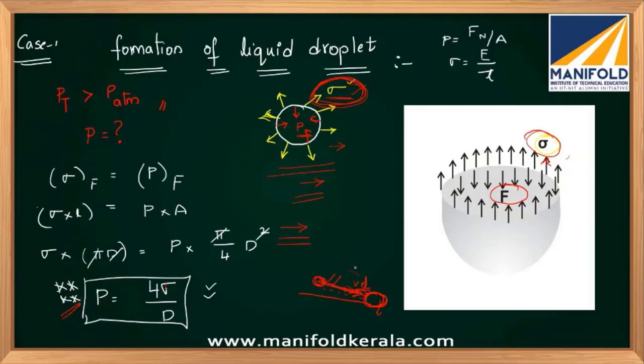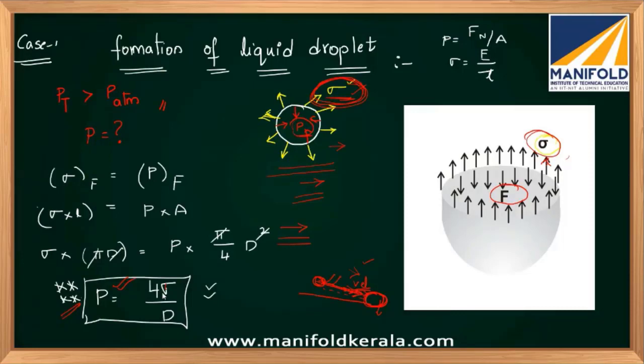So when the velocity is increased, there will be a change in pressure. When there is a change in pressure, there will be a change in surface tension force, which will deform and even burst the liquid droplet. So the minimum pressure you need to keep is 4 sigma by D. Sigma, if it is pure water at 20 to 30 degrees centigrade, is 0.0736. Diameter of the bubble, you can assume any diameter. For that diameter, the pressure you can calculate very easily. This is about the formation of a liquid droplet.